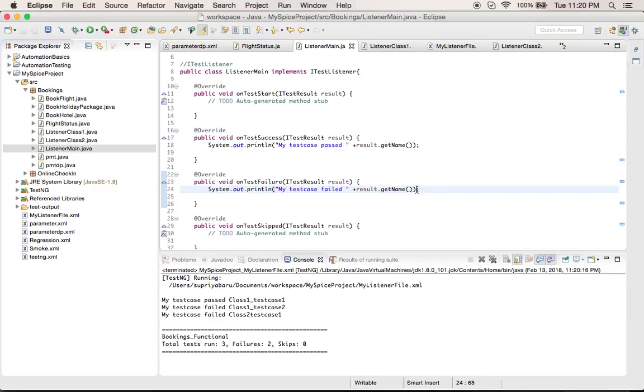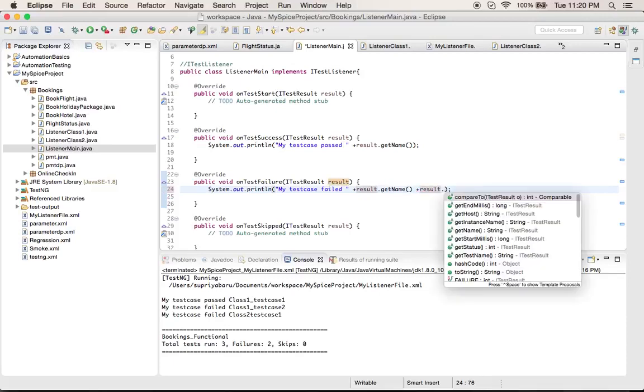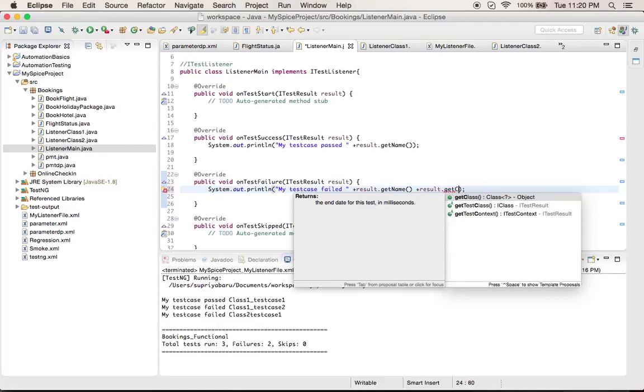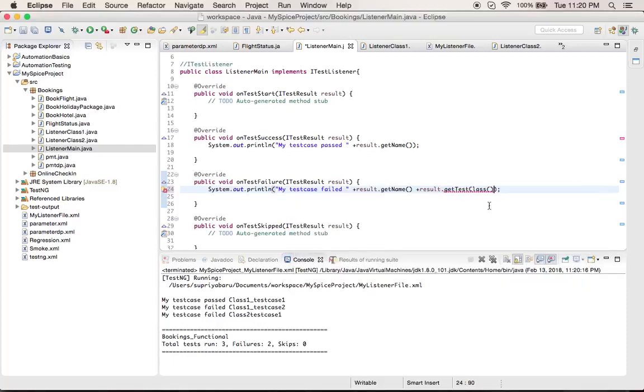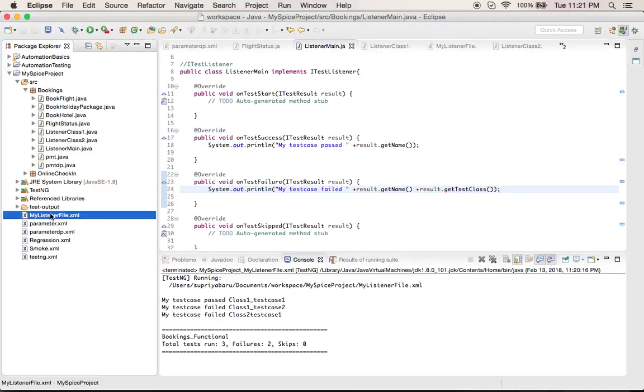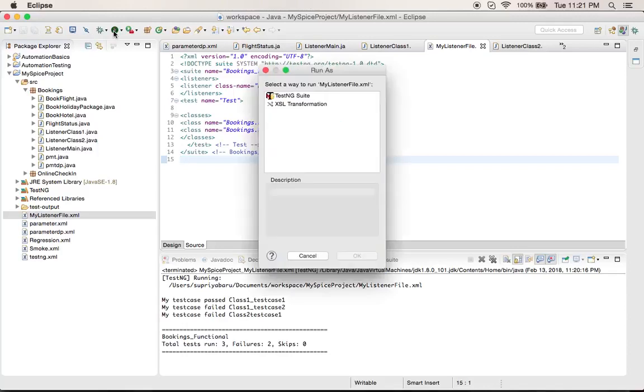Along with the test case name, you can also get the test case class. So use the same result object dot, you'll have something called get test class. So it returns you the class name also. So save it and come back to your XML and try to run and see what happens.